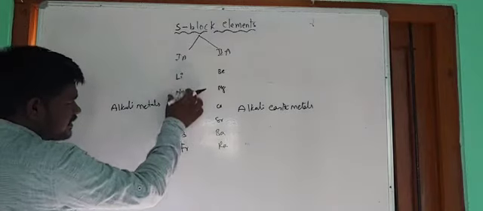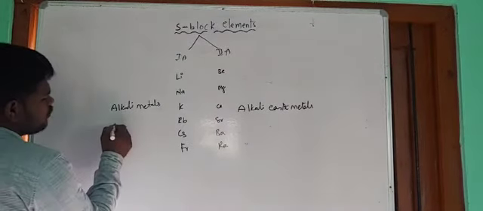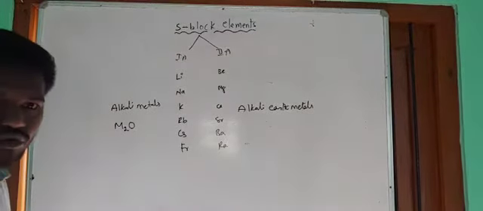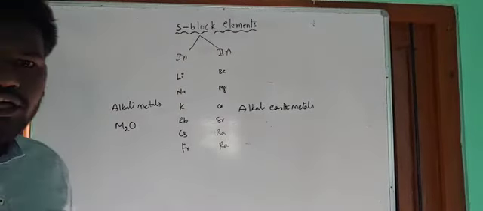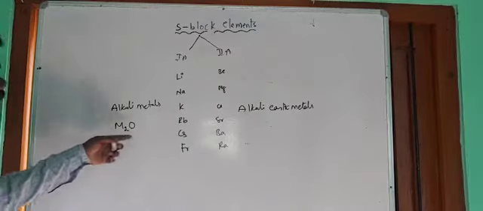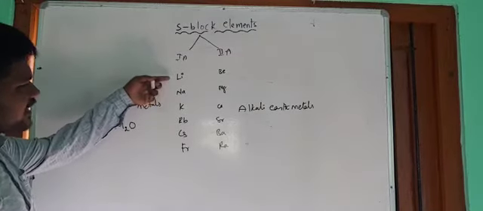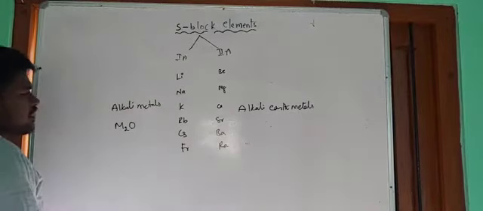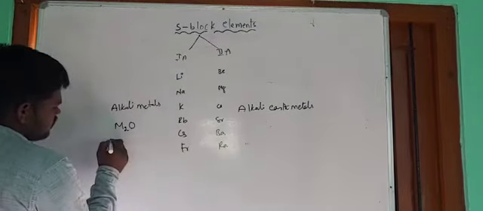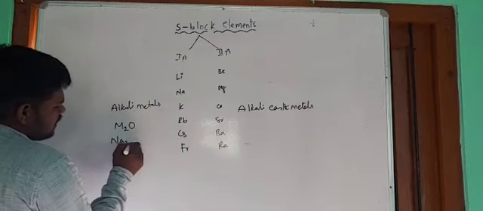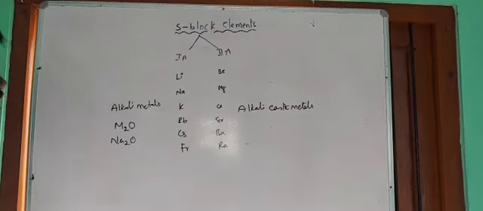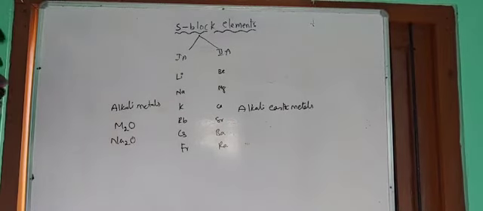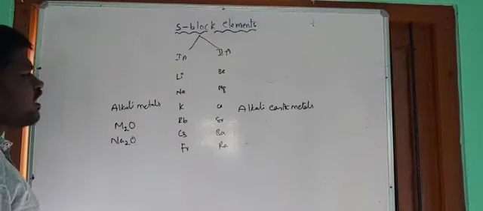So right guys, these elements are available in the form of their oxides, M2O. Here M means first A group elements, either lithium or sodium or potassium, rubidium up to francium, any one. For example, you can take sodium, so Na2O. All the elements are available in the form of their oxides.